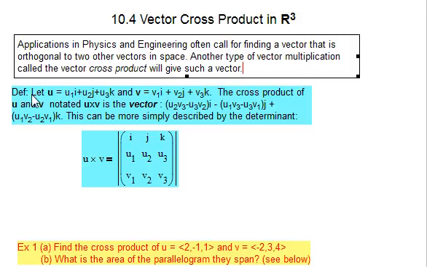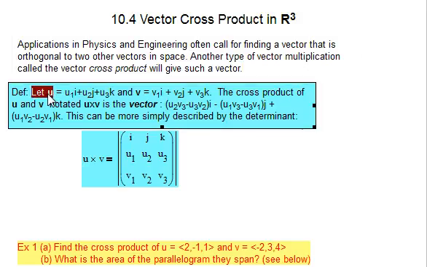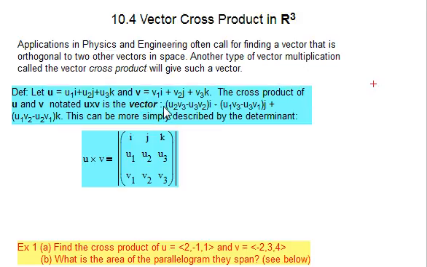So, to define the cross product the hard way, let vector u be u1i plus u2j plus u3k, and vector v be v1i plus v2j plus v3k. The cross product of u and v, notated u cross v like this, u and an x and a v, is the vector. Recall, the result of a dot product is a scalar, but the cross product gives us a vector, and here's the vector that it is: